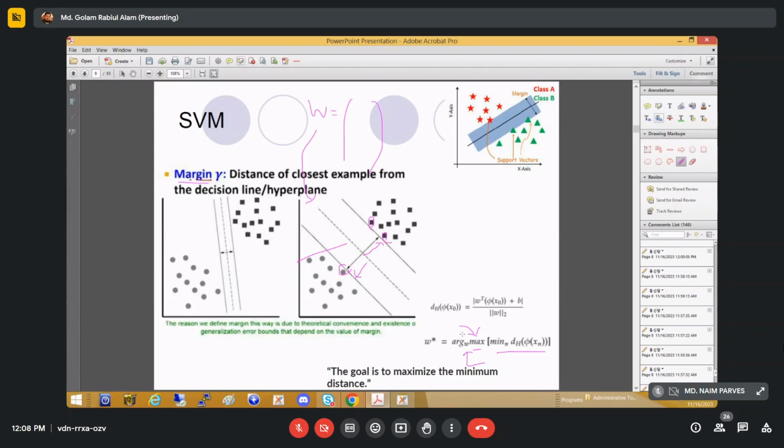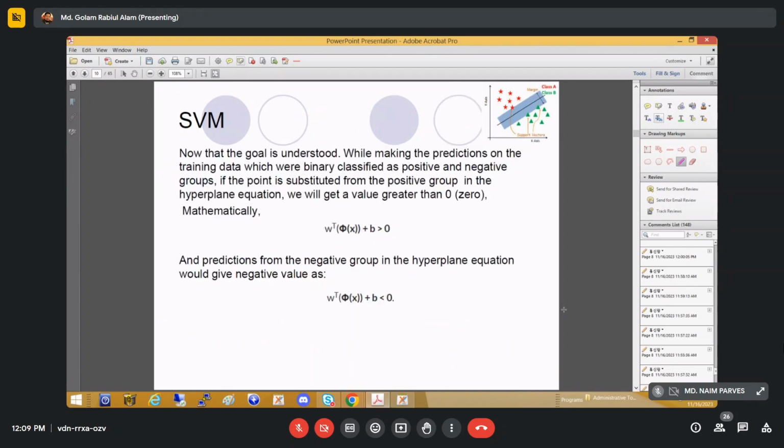So that's why the function here is the maximization over the minimization. That means the goal is to maximize the minimum distances. So this is our objective function in our support vector machine. Now, we have already incorporated two things: we need to find the support vectors with minimum distances, and we need to maximize the margin. That's why we have already